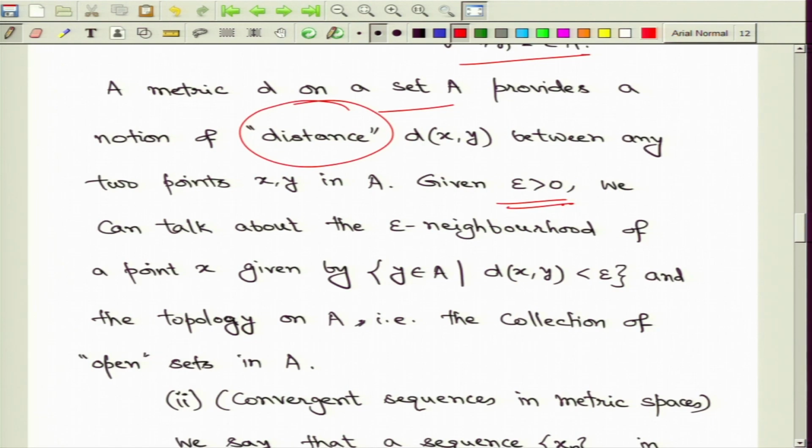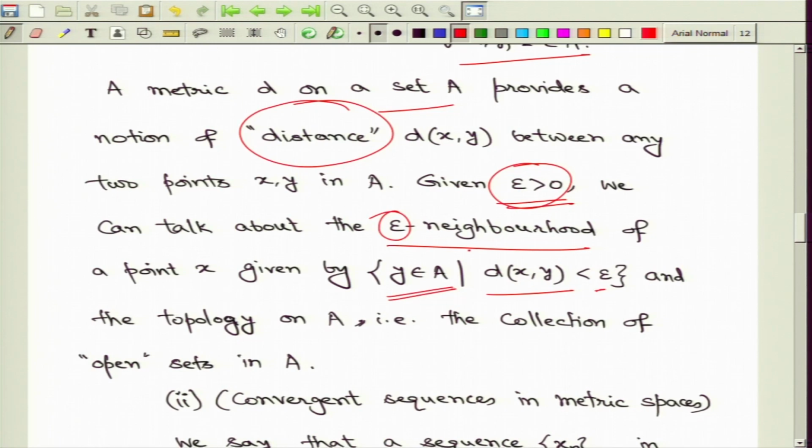also talk about the neighborhoods of these points. So, for example, given any epsilon, we can talk about an epsilon neighborhood. So, it is given like this. We can look at all points y such that the distance from a given point small x is less than epsilon, and that set of points we can think of as the epsilon neighborhood of the given point small